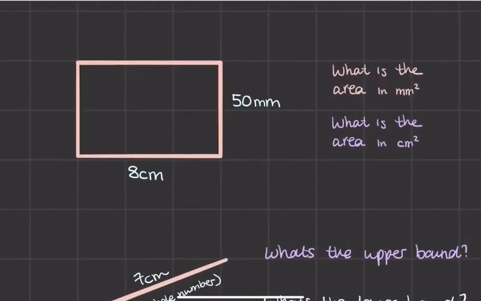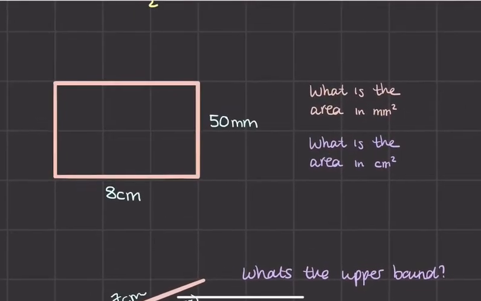Then we also had a look at units. Now here you can see if I wanted to know the area of this shape, it would be base times height, but the units are different, so we need to make sure that they're the same. So if I wanted an answer there in millimeters squared for the area, then I would have to do 80 millimeters multiplied by 50 millimeters. They have to be the same unit, and that would give me